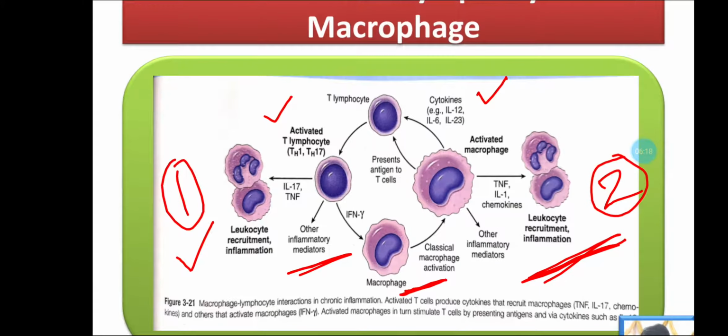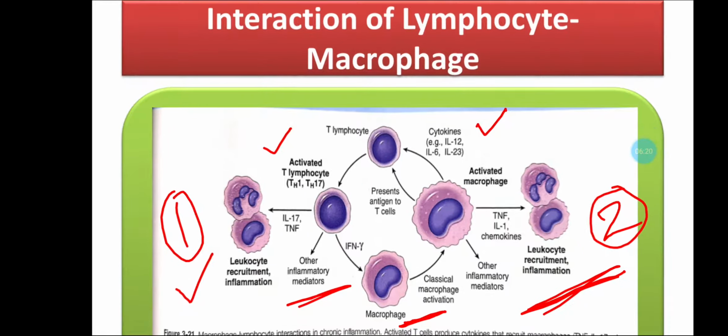So if we go through the interaction between the lymphocytes and macrophages, one of the important functions of these macrophages is to present the antigen to the T cells. So here you can see it is a very important function of these. They are also called antigen presenting cells. They will present the antigen to the T cells, and sooner or later these T cells find such TCR-containing T cells which can recognize this antigen, and they get stimulated or activated.